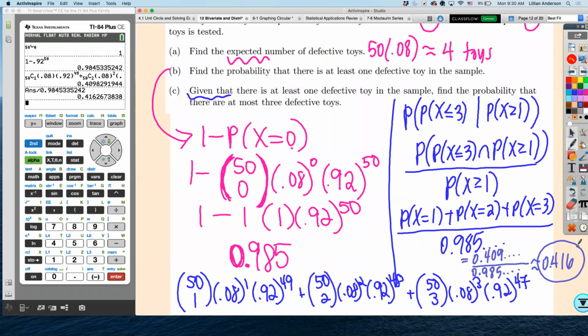Questions? I also showed you how to do this in your calculator. Okay, this is the by hand way. This is how you get your method points, everything. Of course, you can use your calculator to get these answers, but it doesn't hurt to at least show parts of